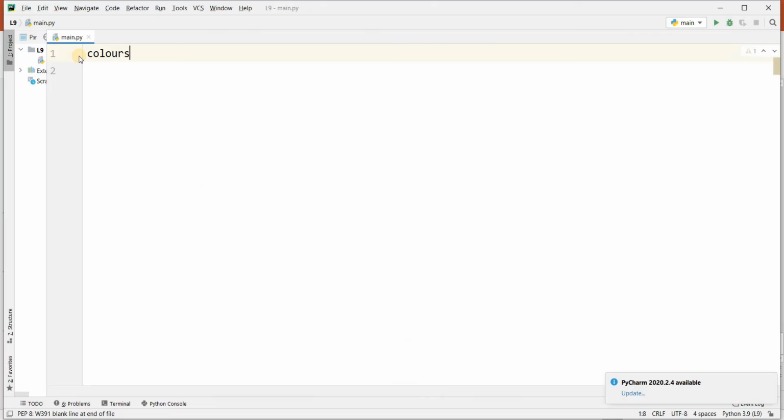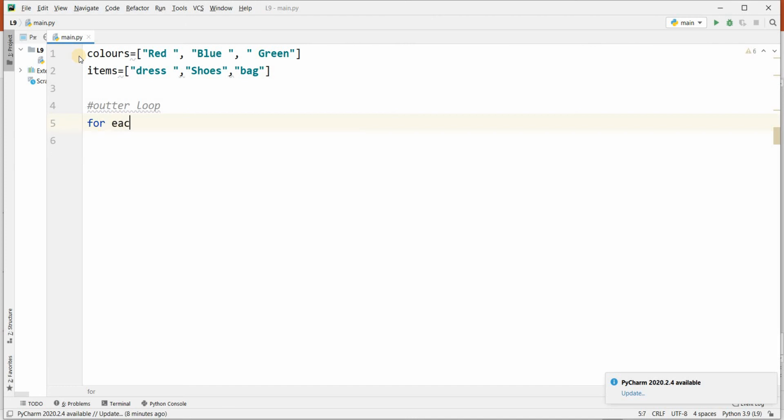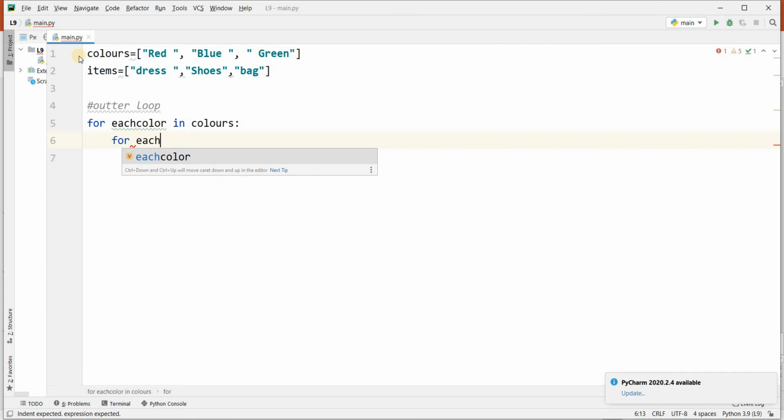I have written here colors equal to red, green and blue. I'm writing green here, you can write anything. Then items equal to dress, shoes and then bag. Now I will apply the outer loop here. This is the outer loop: for each color, this is a variable, in colors, this is the list. For is the keyword. For each item, this is the variable name,